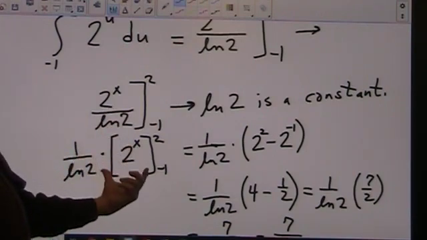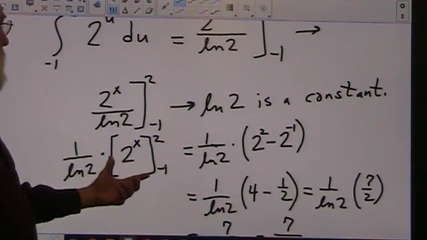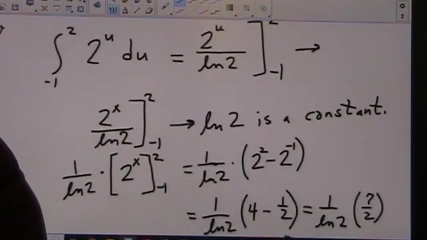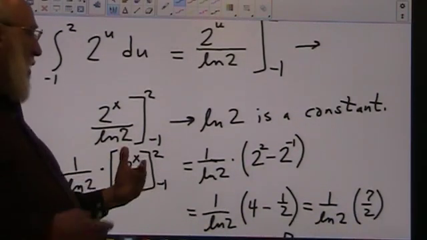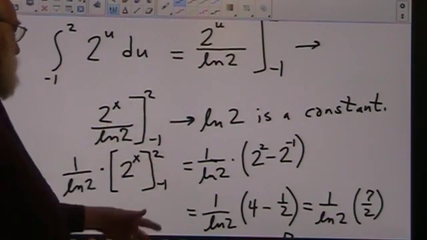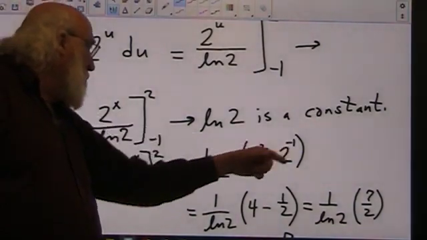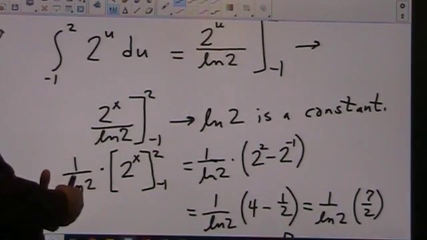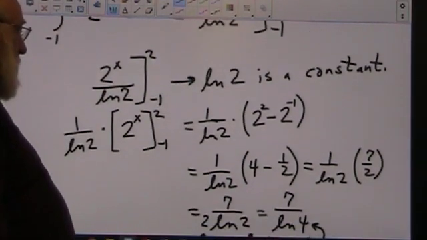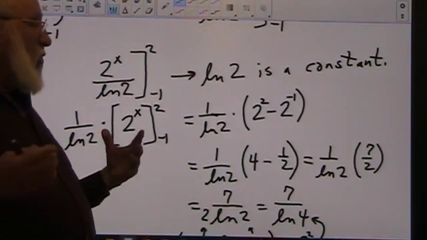Okay, and that's going to leave this to be used for our calculations for subtracting. It's going from -1 to 2, so I'm going to replace the x with 2 and -1 and subtract those two values. That gives me 1 over the natural log of 2 times 4 minus 1/2, which is 3.5, or